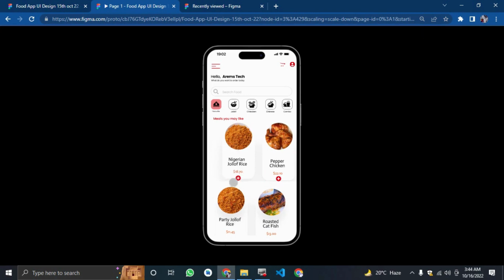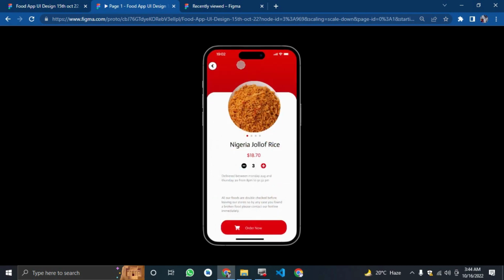So the first thing, let's say we're going to order Nigerian jollof rice. You click on order, then you'll see the description about the particular order, which is Nigerian jollof rice, $18.70. So we set the quantity to 3. This is not working, so it's just there. Then we have a button for order now. When you click on order now,